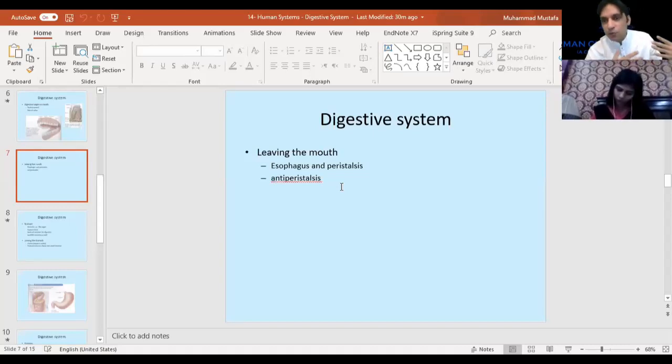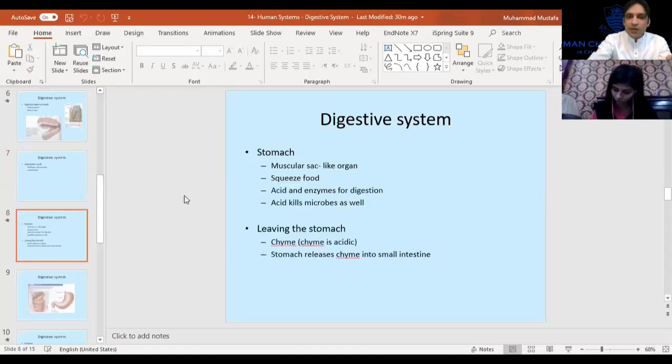After that, the food travels from the esophagus into the digestive system. The esophagus is not involved in any sort of digestion, neither mechanical nor chemical. It is not the job of the esophagus to help in digestion. It just connects the mouth with the stomach. Once the food enters the stomach,